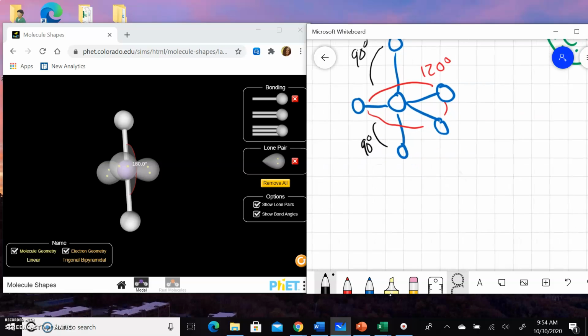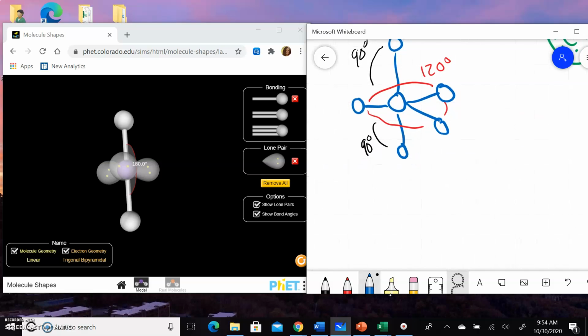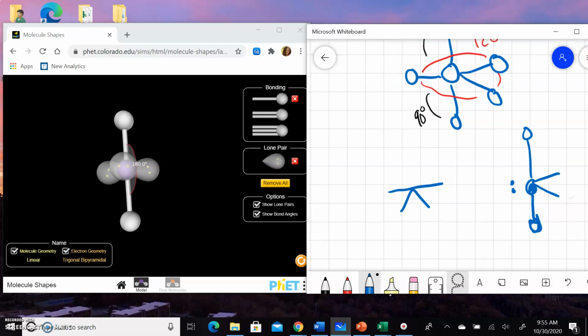If we exchange one of those atoms for a cloud, the first place the cloud is going to go is the belt, and so now it's a seesaw. You see, if I turned this page sideways, it would look like a seesaw where you have it like this. So that's called seesaw. If we exchange another atom for a cloud,